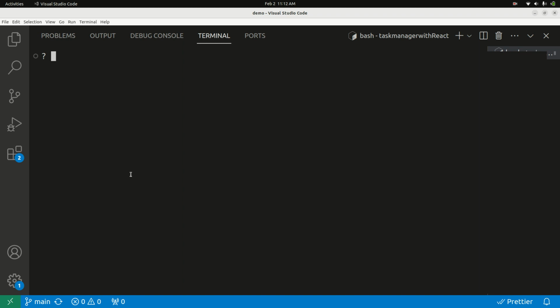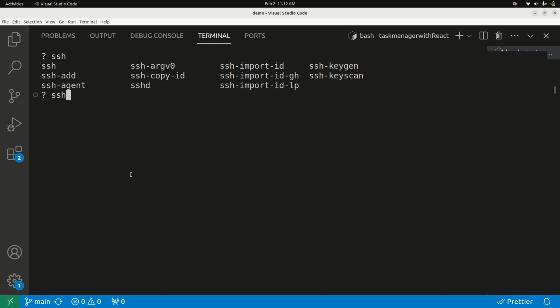Now the second thing is, once you have this key pair, how do you actually pass the public key? You keep the private key with you, but you need to pass the public key to the server so that you can authenticate using your private key, right? How do you pass it? This is very simple. So simply type ssh and hit tab. It gives you all these options. What you need is copy-id,